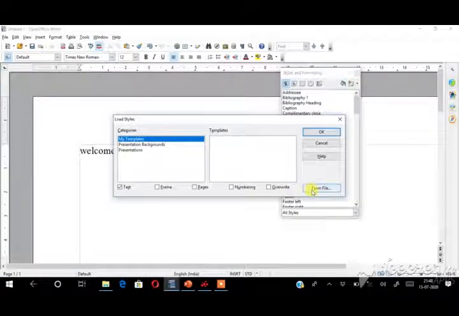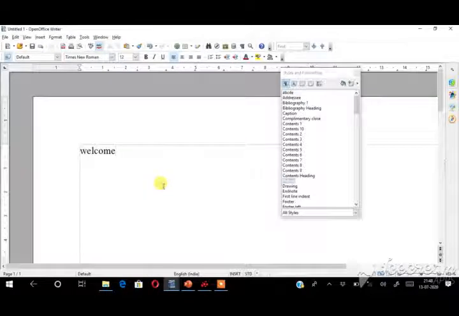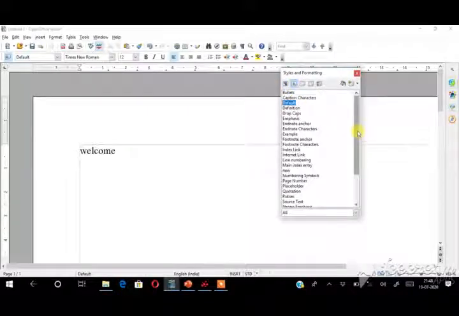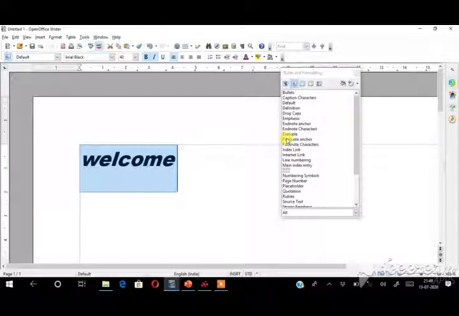And then here you got to click the From File option. So my file name is style new. Choose it and click Open. So now see, I created my style named new. Check it, the new is coming. See here, this is my style. See here, first choose the text and then double click. See, the changes will appear. This way you can apply the styles from one document to another also.